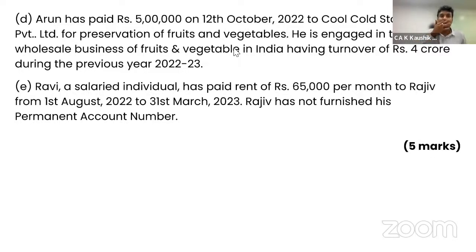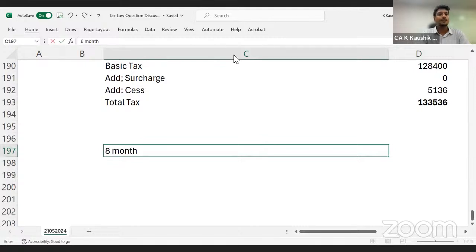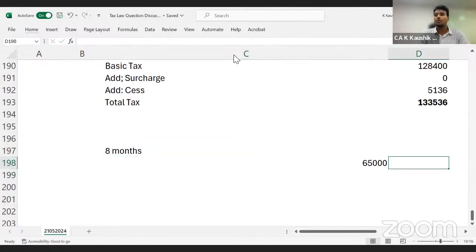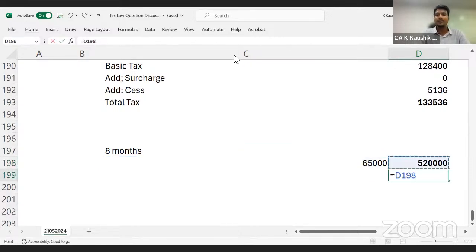And when do you deduct the TDS? You need to deduct the TDS in the last month of the financial year, that is March, or in the month in which you vacate the property. Now, August to March is not a full year. April, May, June, July, 4 months you are not there. That means out of 12 months, from August to March it is 8 months. 8 into 65,000 is the amount that you need to calculate as the rent paid, so the total rent paid will be 5,20,000. For this, the TDS would have been 5% if the PAN is given.